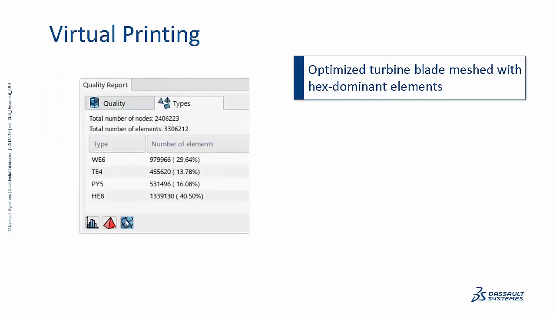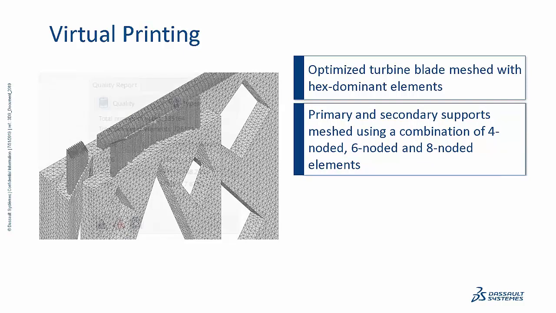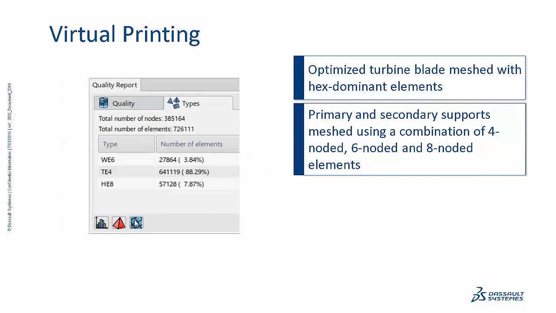So this is the total element count. As you can see, we have about 3.3 million elements in this model, which is quite a size to perform simulations on. The primary and secondary supports were also meshed using a combination of 4-noded, 6-noded, and 8-noded elements, as you can see on screen. And these are some of the statistics for the supports as well. So we have close to 4 million elements, excluding the build tray, to perform an additive manufacturing process